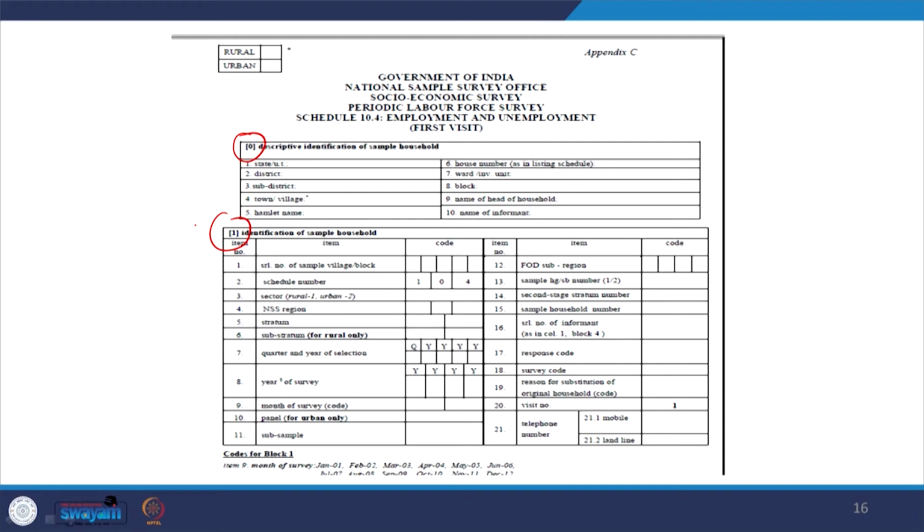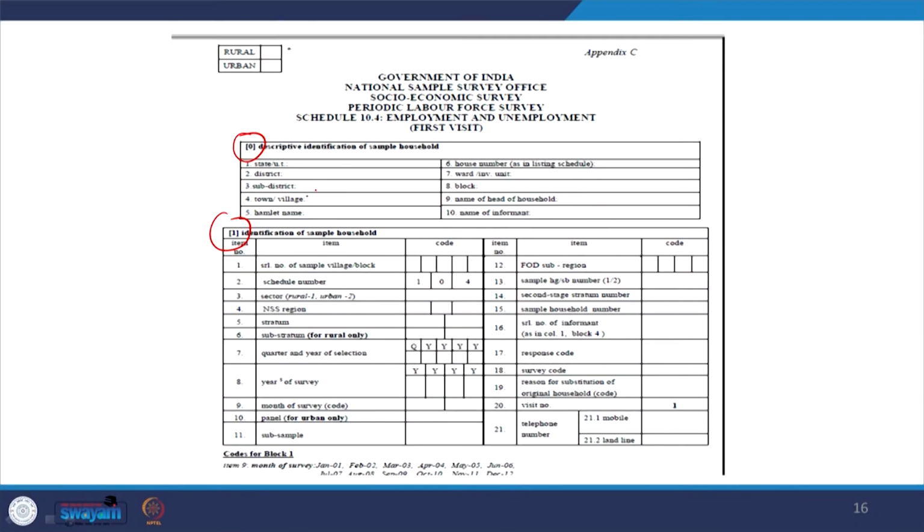Block 0 gives information like state ID, district ID, sub district, town, village. Interestingly, town and village may not be repeated, so we cannot consider that in different rounds of NSS these are the same. At maximum, only state is the same. For those interested in working with panels, it is not easy to convert, because NSS is not panel data at all. Some possible pseudo format can be developed. We will discuss those in our last but one module.